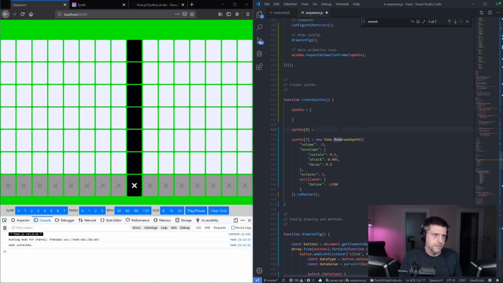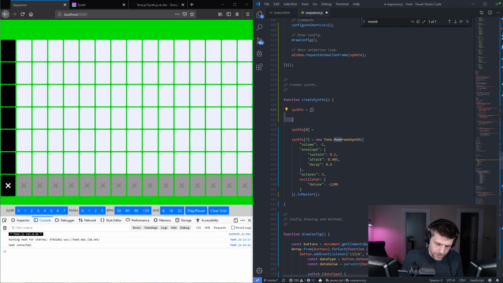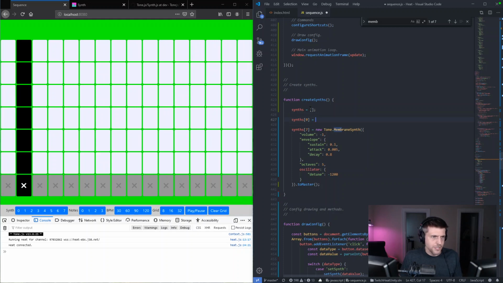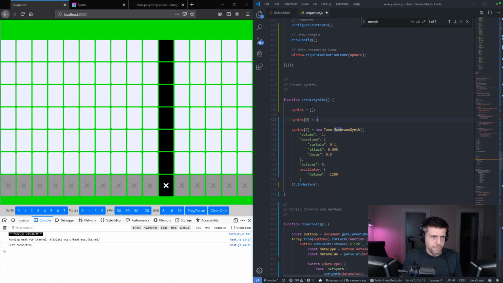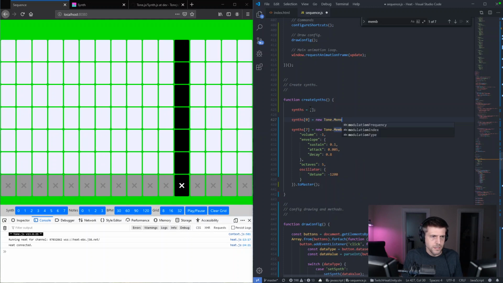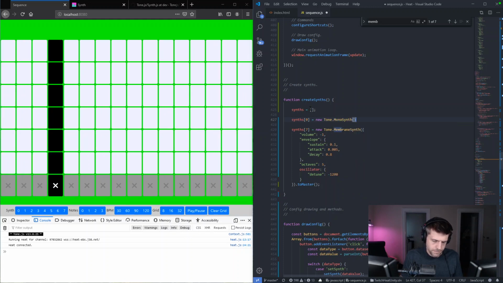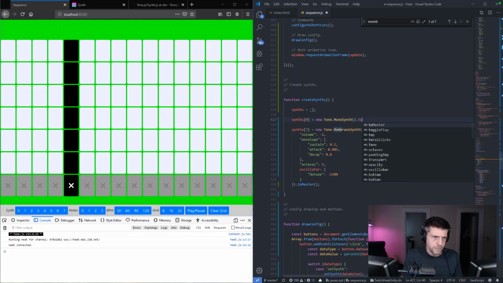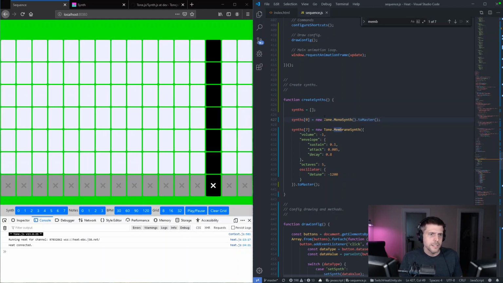Well, I don't know. I don't like this. Just haven't thought in JavaScript for a while. I feel like I'm not doing a good job. Toned up mono synth. Some kind of preset, and then to master, and